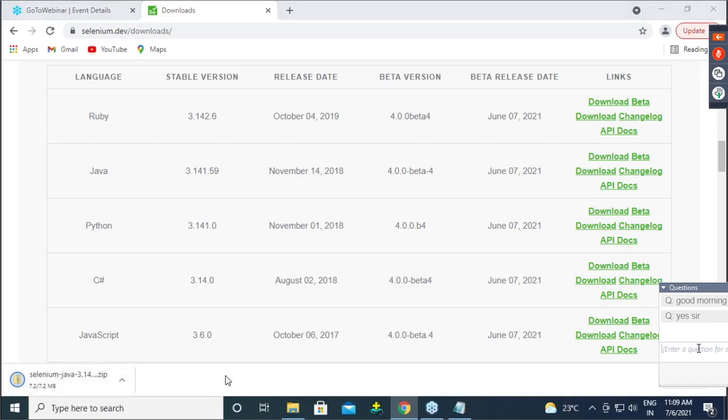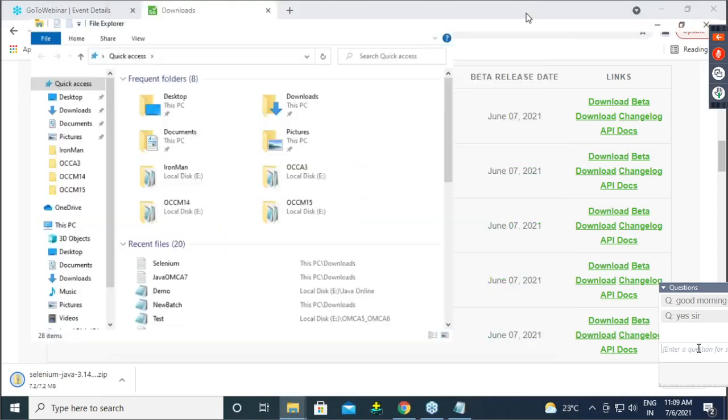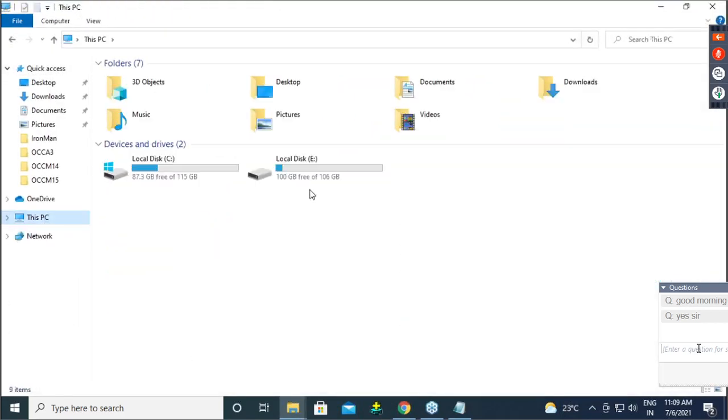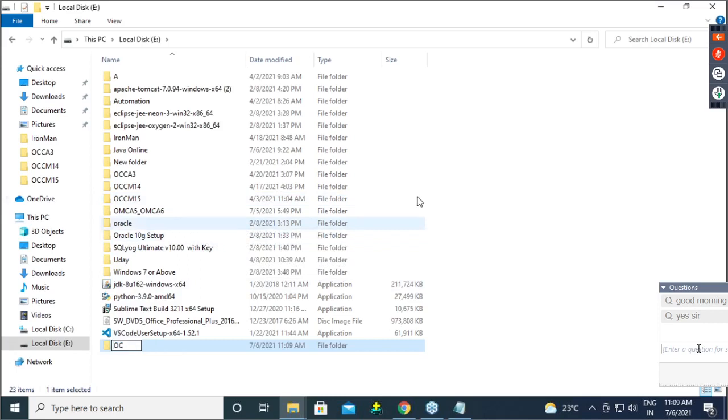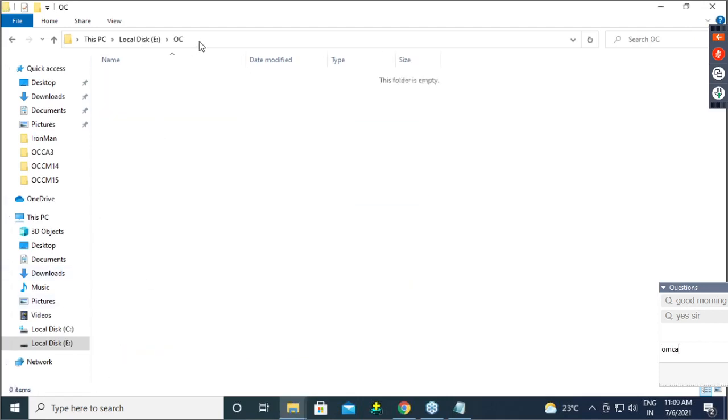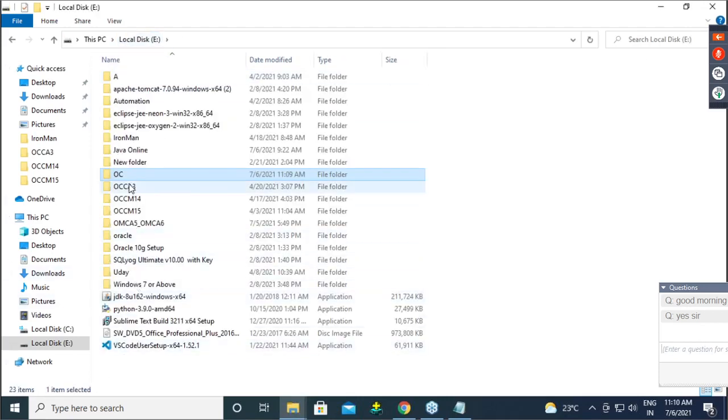Now guys, I will create one new folder. Let's say in this PC drive, here I will have OCSM14, what is our batch code, guys? OCSM14 automation.